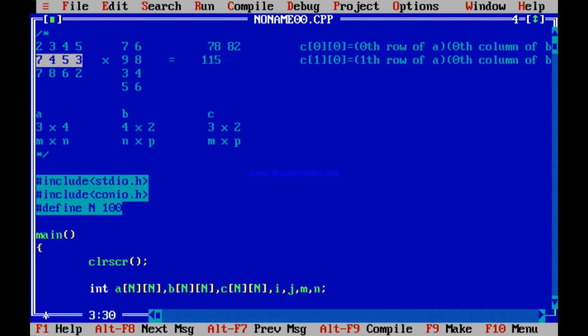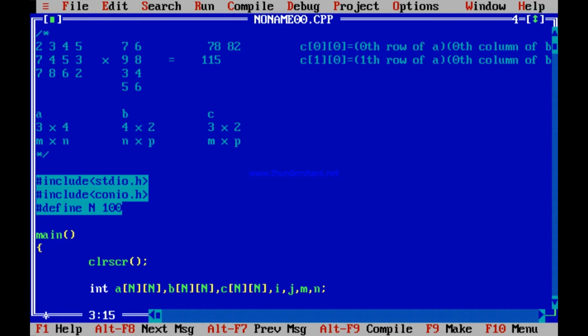And this should be what? This is, remember, C11. C11 means 1th row of A and 1th column of B, 6846. The 1th row of A, 7453, and the 1th column of B, 6846.